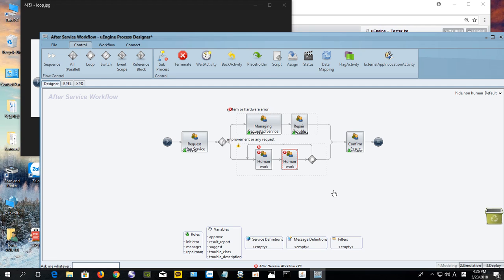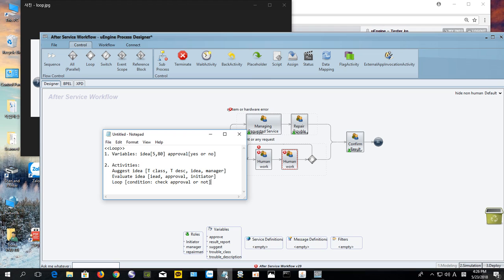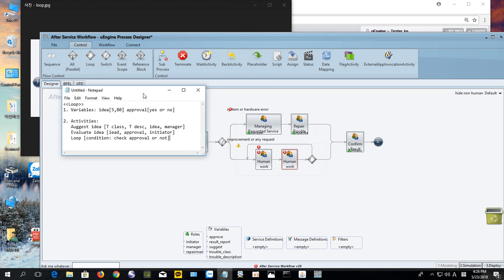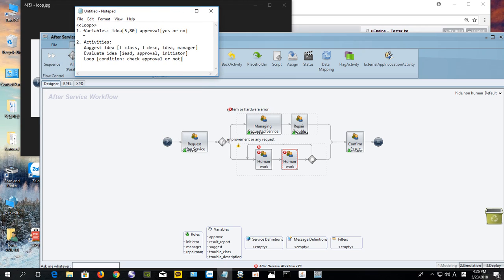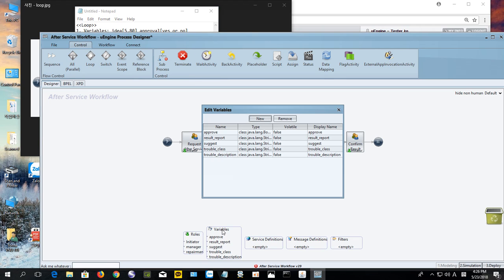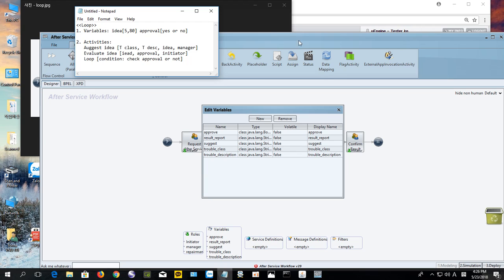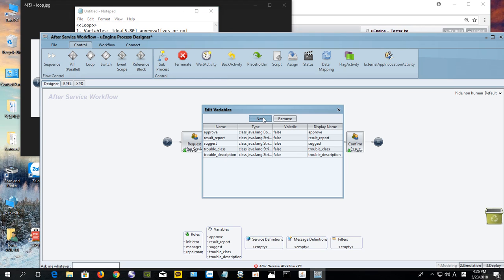we have to declare the variables first. What kinds of variables do we need? We need these two variables, as you see, the idea and approval. So we declare these. There is some information, so we have to declare new